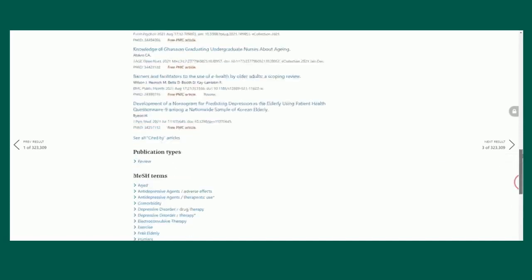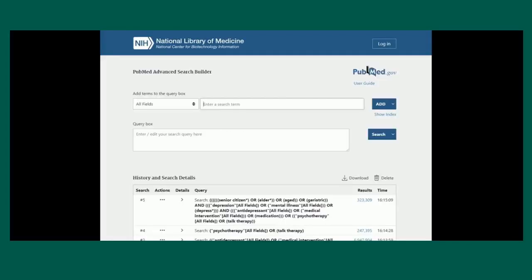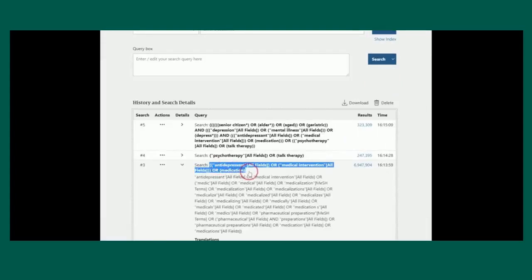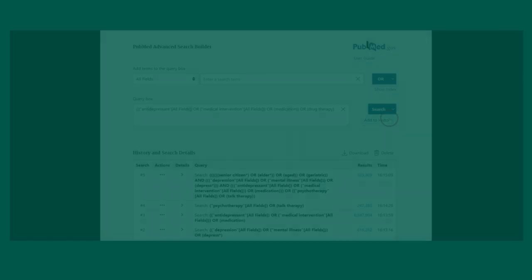Now that I've scanned for additional search terms, I'm going to go back to my initial search and adjust my search string accordingly. I will copy and paste my previous search into the search box, then add my new terms using Boolean operators. In this case, I will stick to OR because again, I'm still looking for like terms to ensure my search is grabbing the specific research that I am seeking. Now, I will go back to the Add Query step and conduct my search again.